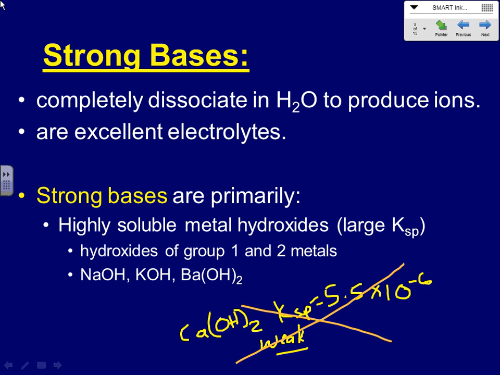Its KSP is small. If you have an upset stomach, you take milk of magnesia, which is essentially a solution of magnesium hydroxide that has some solid in it. You give it a shake. It looks cloudy. You drink it down. It ends up in your stomach with all kinds of hydrochloric acid from your upset stomach, and it eventually dissolves